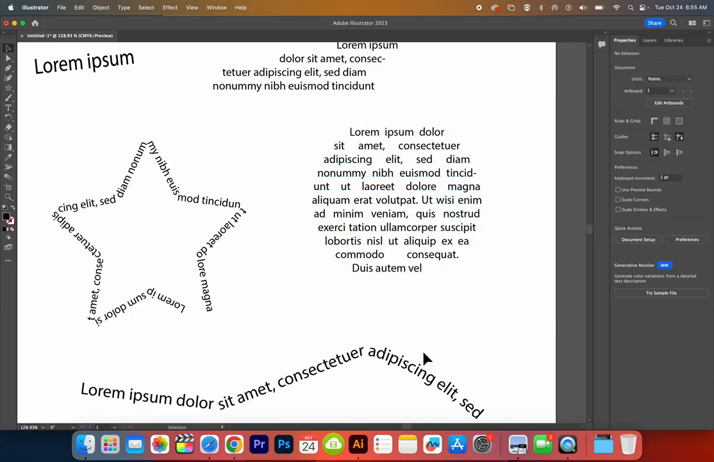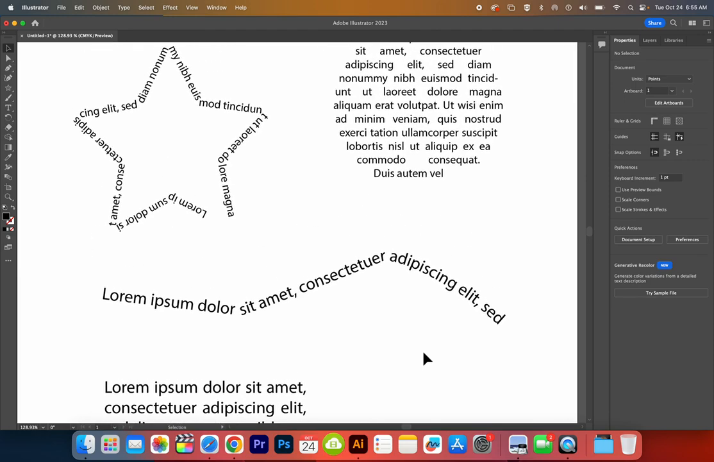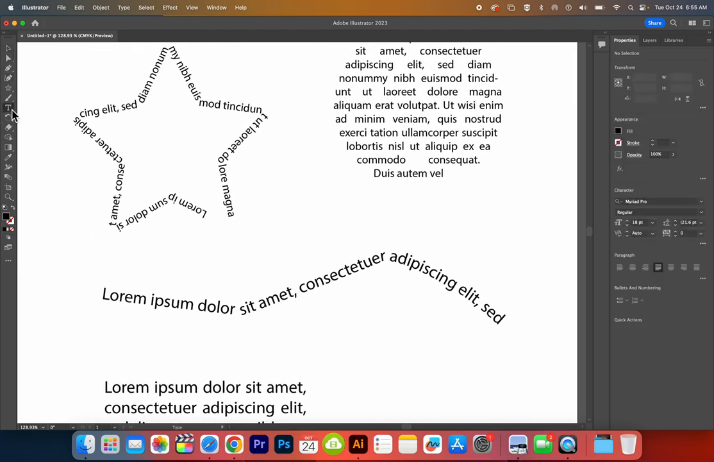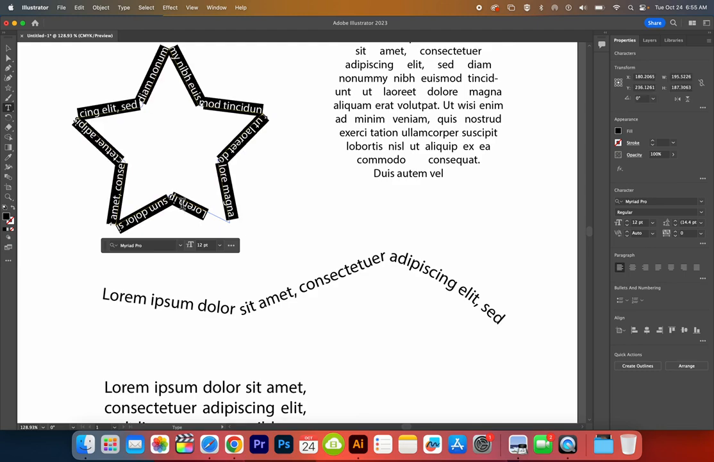Some other things that you can do is you can adjust what's called the leading or the kerning. I'm going to select my text inside here, and over here on the right hand side you're going to notice that first of all I can adjust the font size, which may work out. I can adjust right here